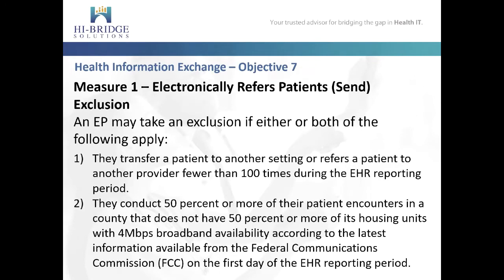An EP can take the exclusion if either or both of the following apply. If the provider transfers or transitions fewer than 100 times during the reporting period, or conducts 50% or more of their encounters in an area that does not have acceptable broadband availability. Now, this last portion, folks, is not